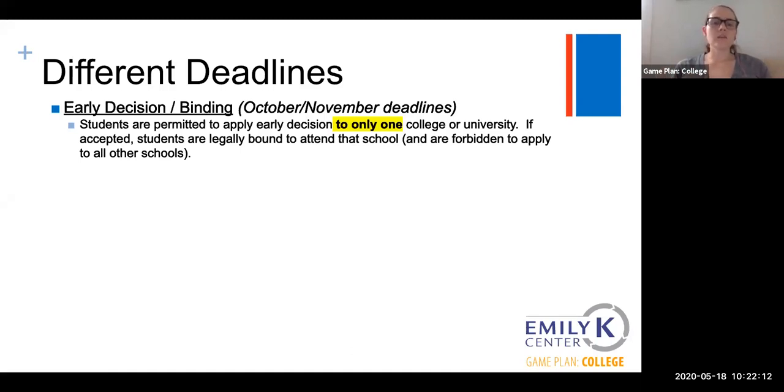So a reason that you would want to apply early decision is that maybe your SAT, ACT scores or your GPA are kind of below what they typically admit, but you really, really want to go to that school. It's your dream college, and you know that you can pay for it. Oftentimes, you will receive your admission decision before you receive your financial aid